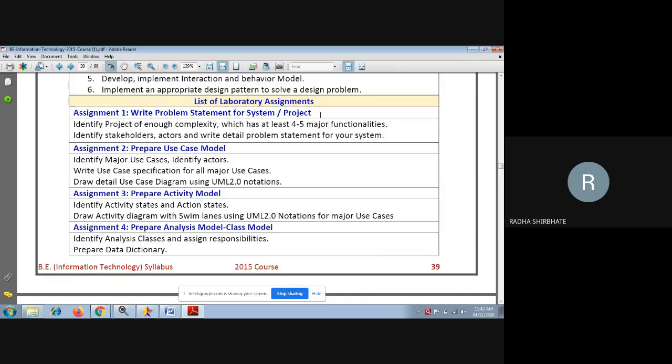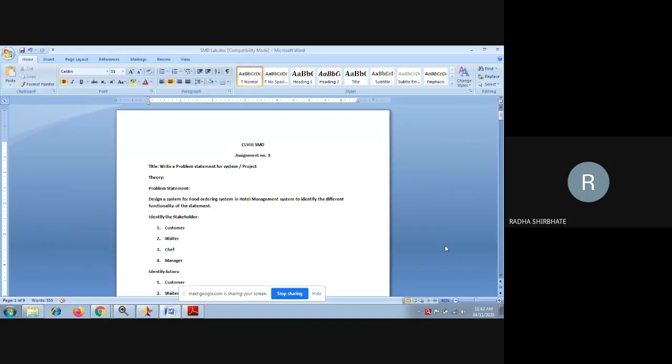Now the next point that we have to study today is to identify the different types of stakeholders. Stakeholders will be the active participants of your project, which may be each and every person, for example your senior manager, your project manager, agile team, software team. These are the different types of stakeholders that will be part of the system. Similarly, we must understand what the actors of your system are and how to define the problem statement of your particular project.